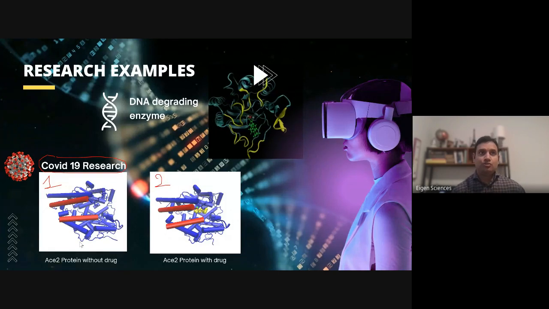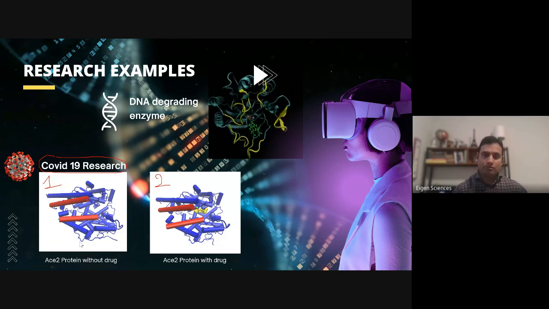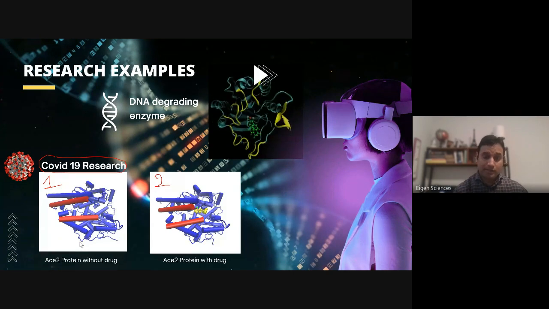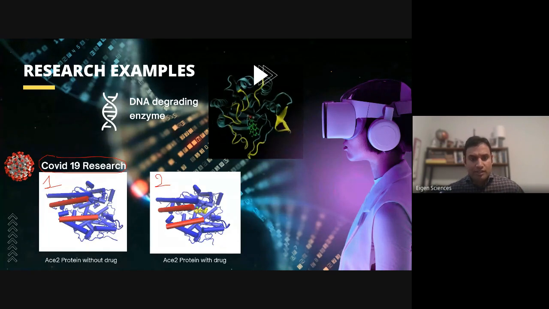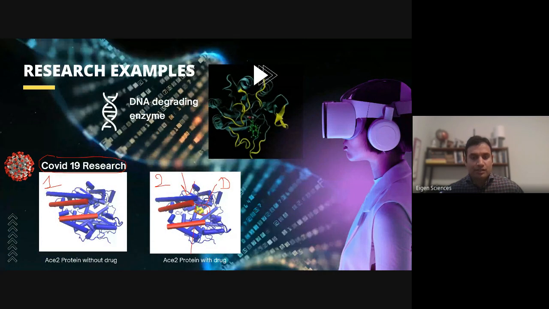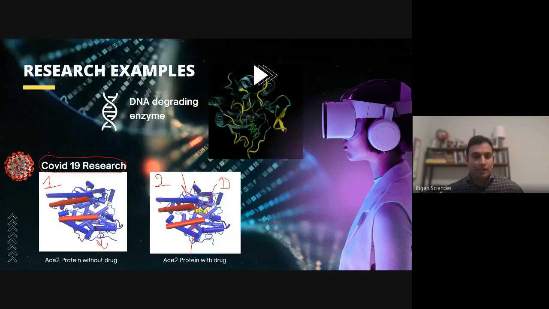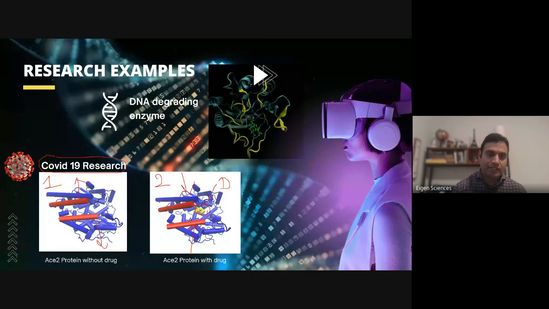So what if we change this protein? What if we change the gatekeeper? What if we change the door so that the coronavirus cannot enter the body? That's what is done in this research work. The only difference between the two images is this yellow color thing. This is a drug molecule, and image 1 doesn't have that. Let me show you again. Because of the drug, this one is closing and this one is opening. So what we are doing is changing the protein structure so that the virus cannot bind.